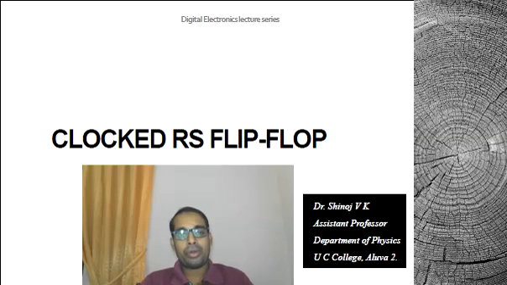But in that particular truth table, we found that when the S and R inputs are both high, that is S equals 1 and R equals 1, it leads to a forbidden state. Both the outputs become high, which is not allowed according to the basic definition of a flip-flop. When one output is high, the other output is supposed to be low. So that violates the fundamental flip-flop principle. That is a forbidden state.